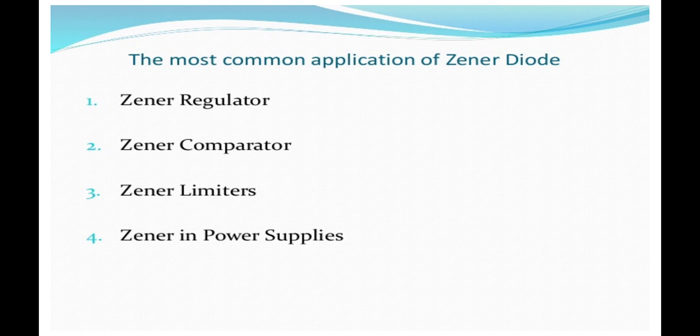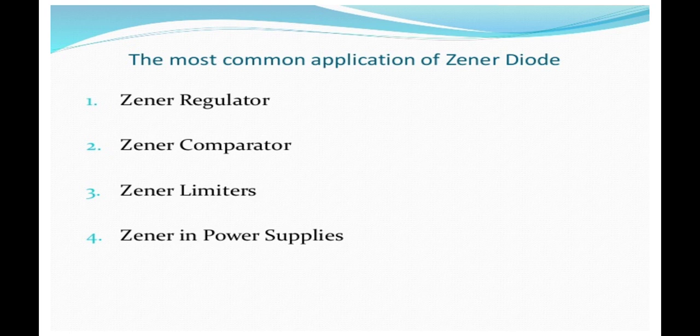You can also use the Zener diode as a comparator. Suppose we have to use some breakdown voltage or range, and after that range we have to limit the current or limit the voltage. For that we compare the input and output values, as a comparator. It is also a limiter, it limits the current.